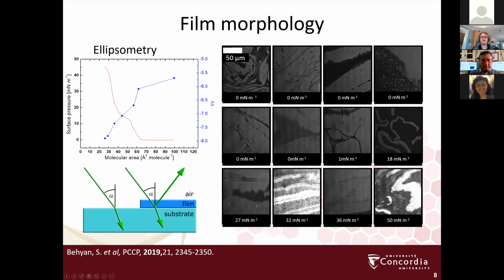So the rigidity of the film seems to be forcing it into a 3D structure. Ellipsometry we did at the air-water interface also confirms that we have a huge amount of condensed phase in our field of view, even at these high areas. So even way out, what nominally should be the gas phase, we're already at a delta-delta value of minus 5.5, where delta-delta is proportional to the thickness of the film. And if it was a true gaseous phase, it should be around 0.